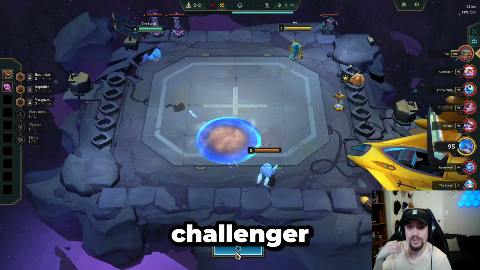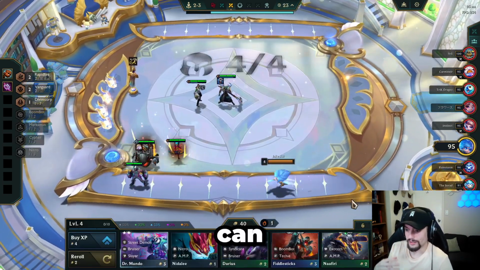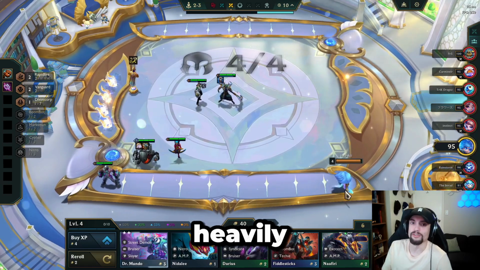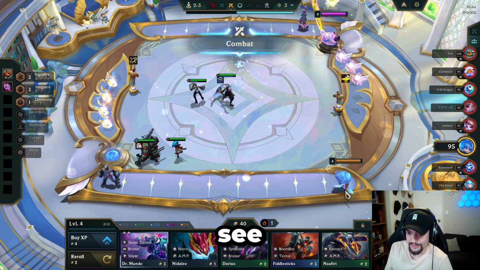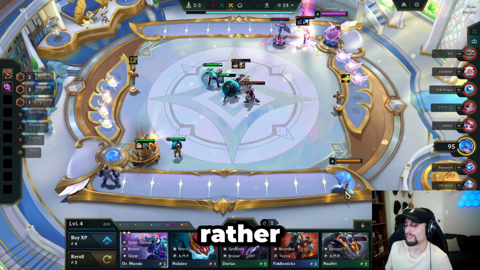As we know, with challenger lobbies, a lot of people don't like to contest one another, so we can actually see firsthand in this game how good these builds go up against others when they're heavily contested. In this actual gameplay, I think there is another player who contests the Kog'Maw build, so you get to see where we both place, how it does when it's in contention,